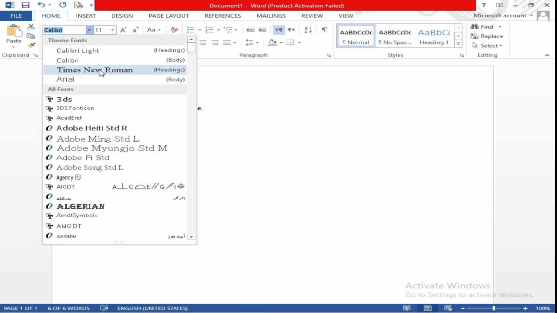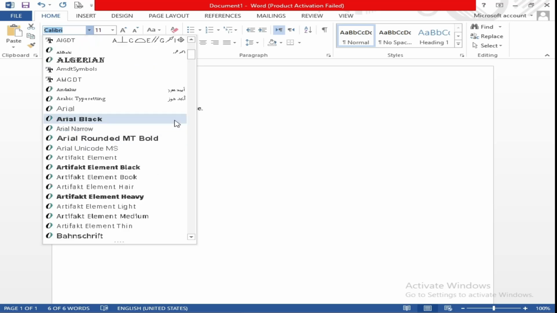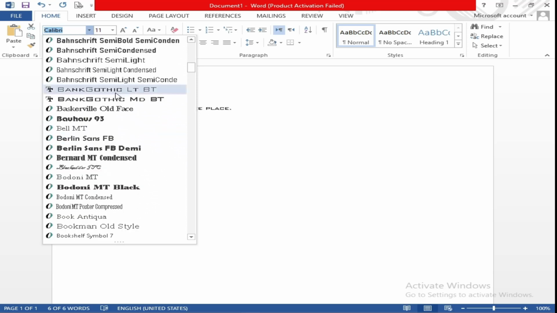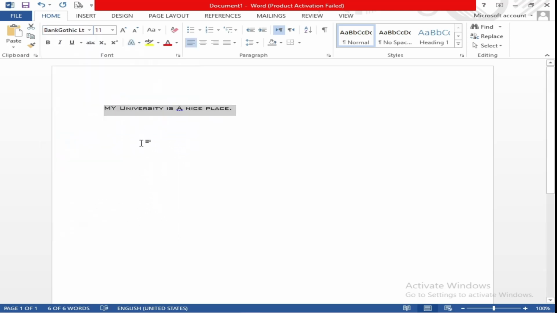Times New Roman is basically used in offices. After that you can see there are tons of styles. You can choose any one of these. First of all you will have to select the text in which you want to change the style. For example, if you want to change it back to Times New Roman, it is already selected on top.